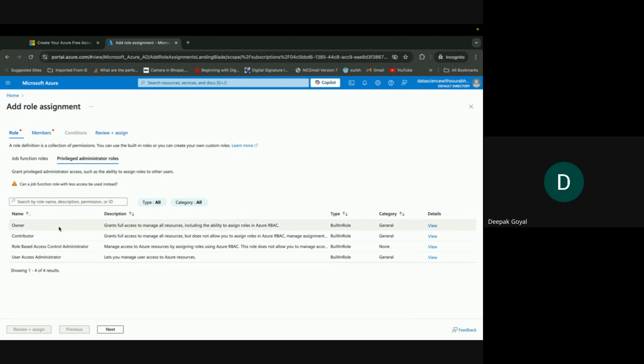Here we can give the owner or contributor depending upon, so all these things will be done by your